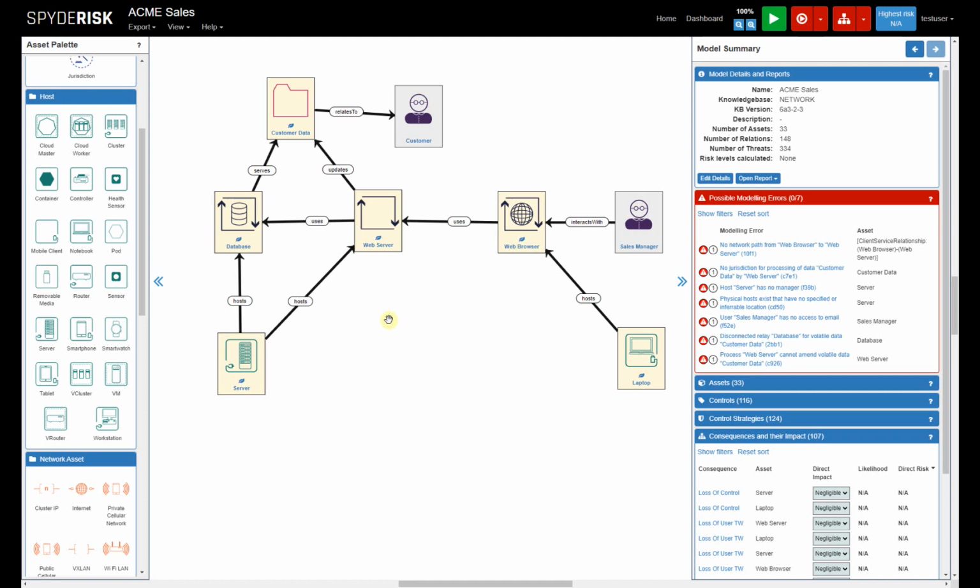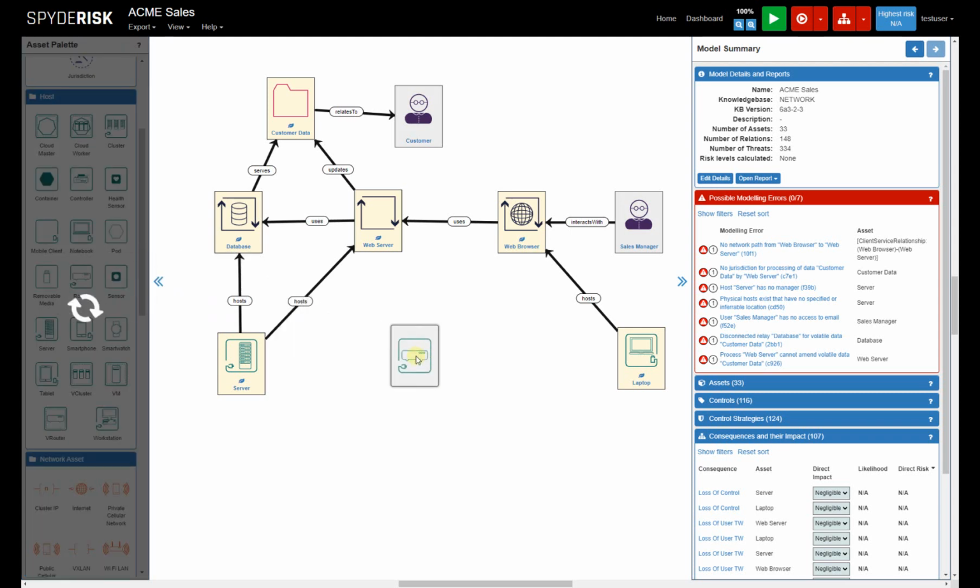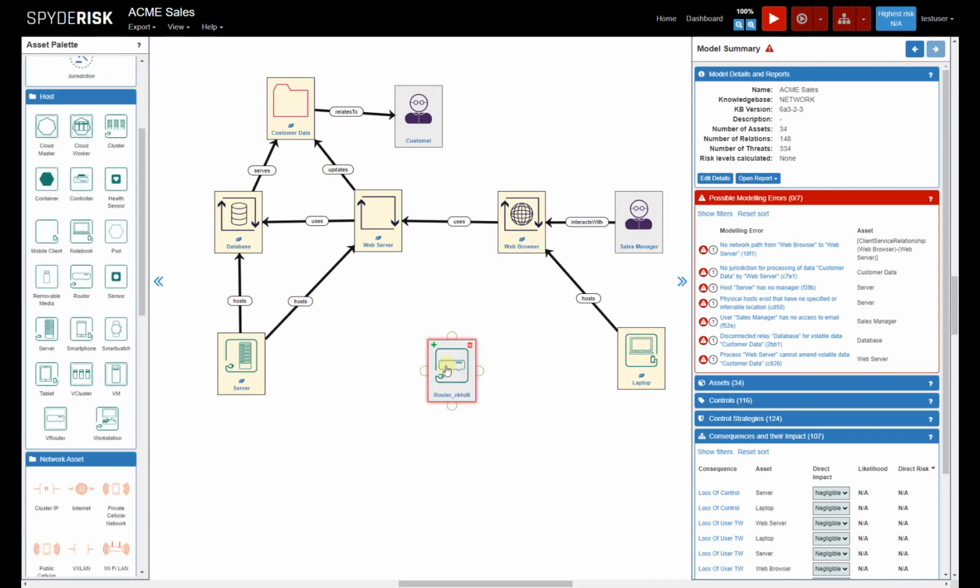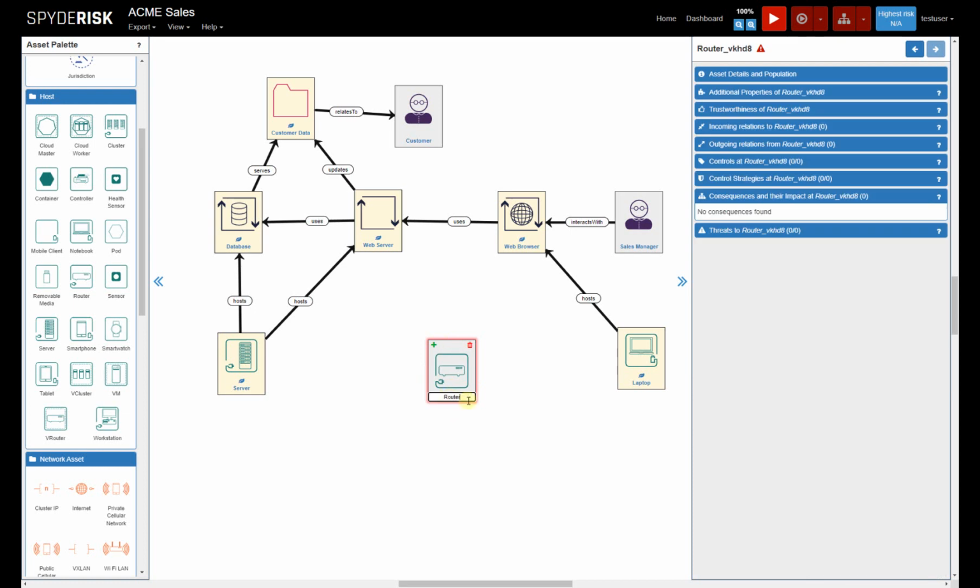Okay. Now, you might be thinking that the router should be in the network asset area, but actually it's up here as a host, and that's because a router is a specialized computer, essentially. It's not just a dumb piece of hardware, it's actually a computer, and so that's why it's in the host area. So we'll add that to the canvas,